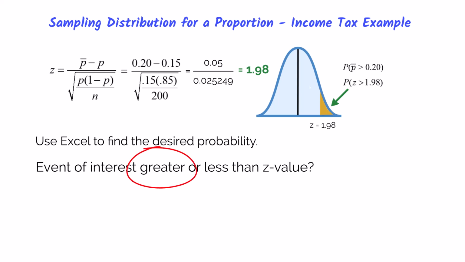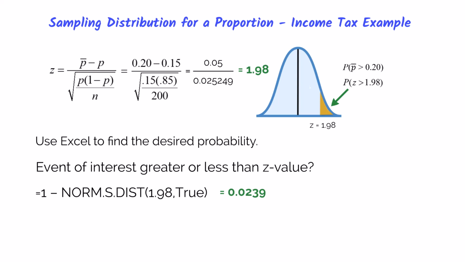So this is a greater than situation since we're looking for the probability of the yellow region to the right. Since Excel always calculates from left to right, we will use the complement rule here and take 1 minus NORM.S.DIST, and then the inputs will be our z-value of 1.98 and true for cumulative, and we get 0.0239. So there's only a 2.39% chance that the number of fraudulent tax returns in the sample of 200 returns is